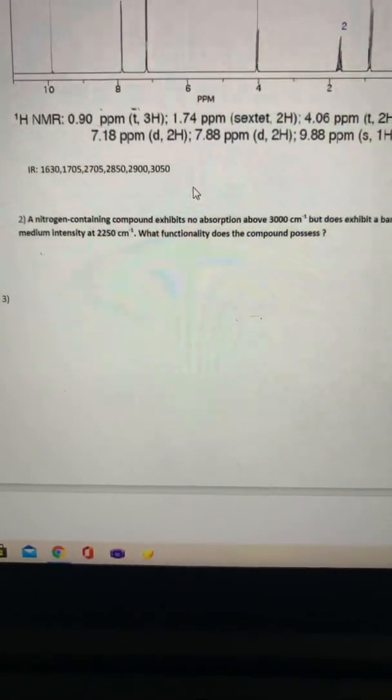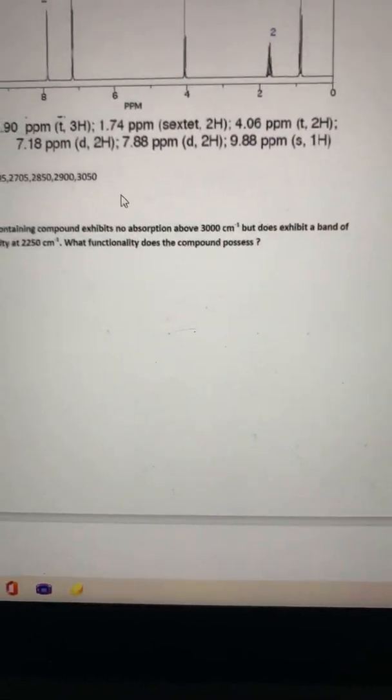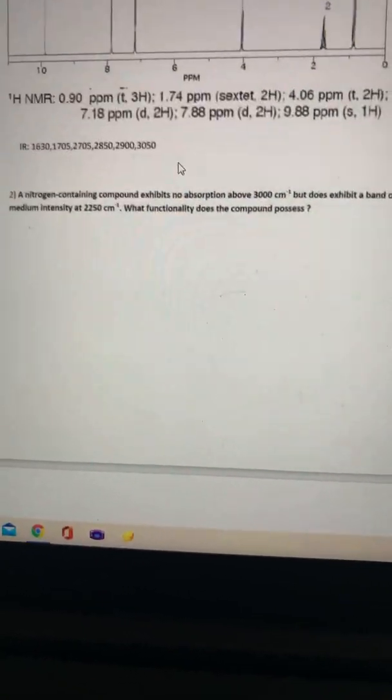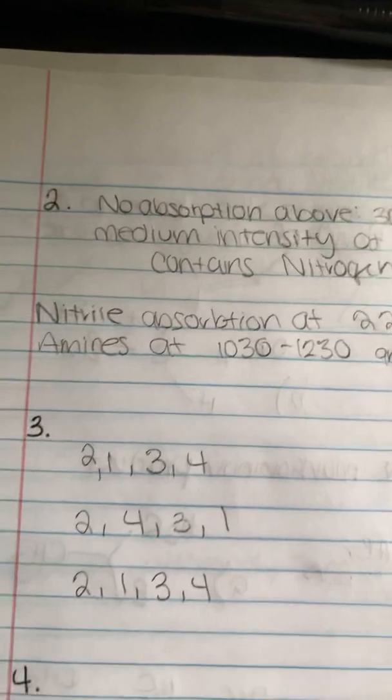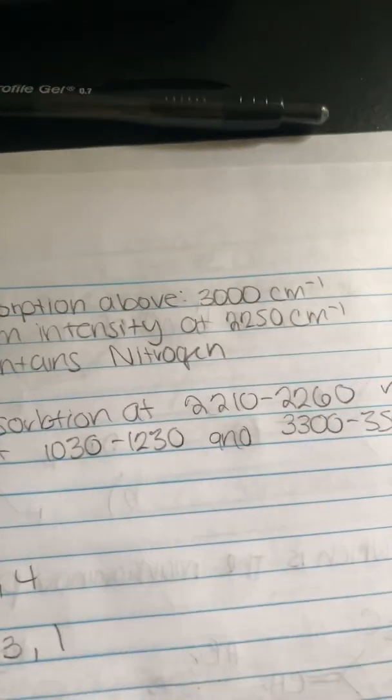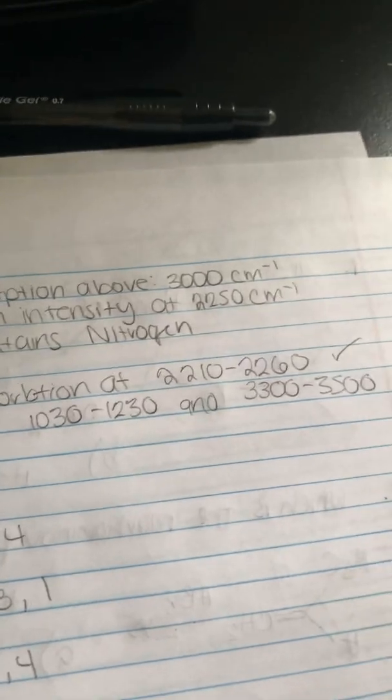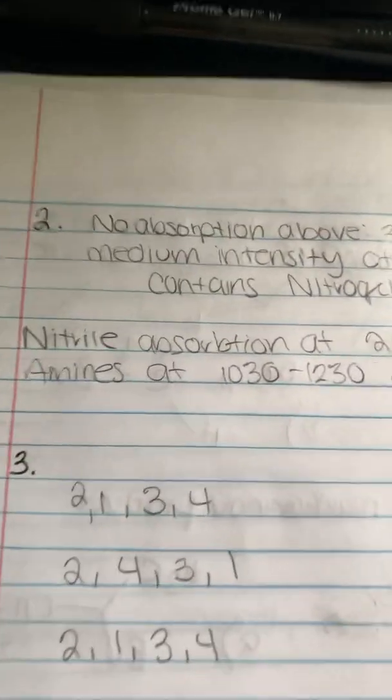Continuing for question number 2, it says a nitrogen containing compound exhibits no absorption above 3,000 centimeters, but does exhibit a band of medium intensity at 2250 centimeters. What functionality does the compound possess? So this is just a simple case of understanding your IR values. What I said was, since there's no absorption above the 3,000 point, and there's a medium intensity at 2250, and it contains nitrogen, if we look at our IR values, the only